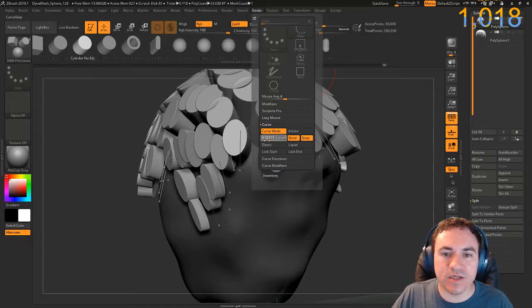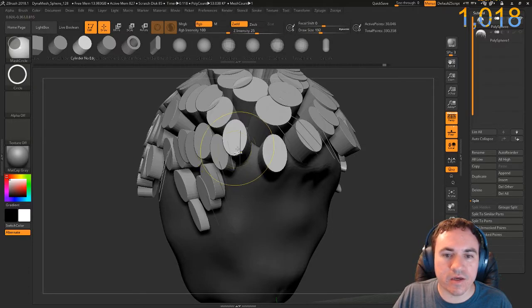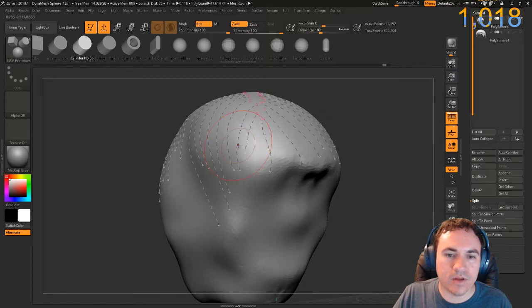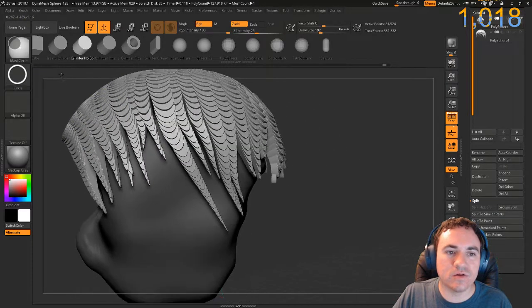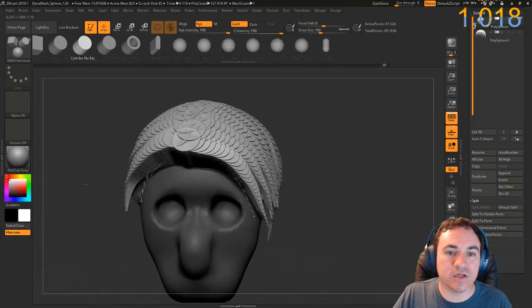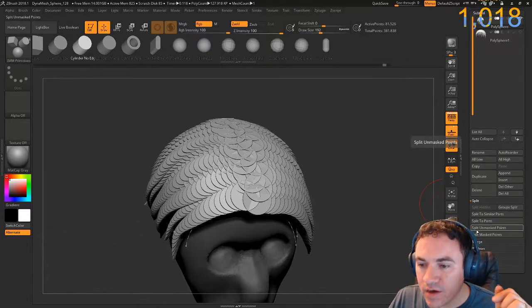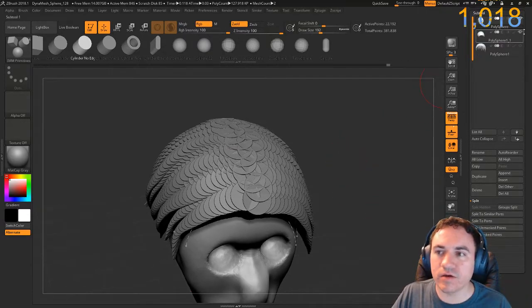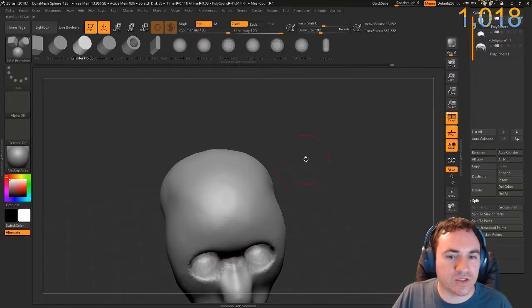But let's decrease the spacing from which it is reproduced. And what? That's kind of cool. That is pretty nice, actually. Okay, so let's go to split unmasked points. Okay, good. Now, just because I'm having issues with this